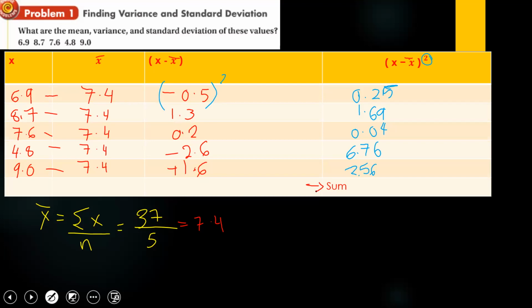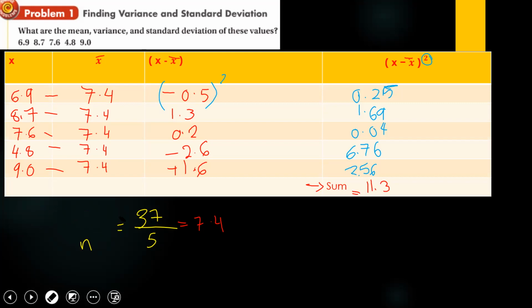0.25 plus 1.69 plus 0.04 plus 7.76 plus 2.56. They are 11.3. Is it clear? Yes. Then after that, I have to find now